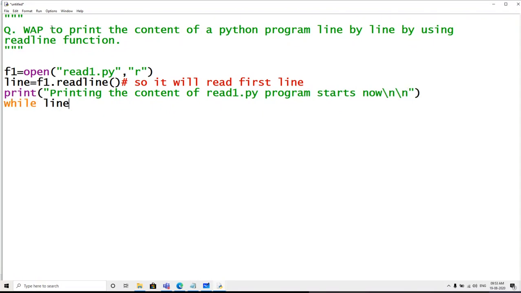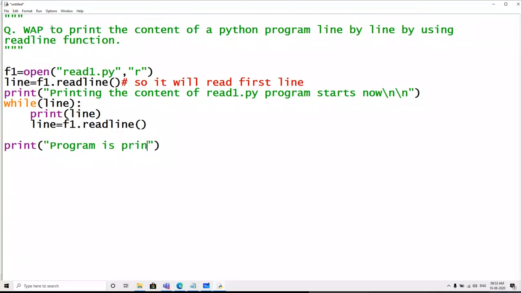Then while line, because we know that if it is successfully read, it will be a filled string, otherwise it will be an empty string. Print it. This is an amazing thing that we are learning today. And again, line equals f1.readline. Fine. At the end, just print one message, program is printed successfully. And then close it, f1.close.